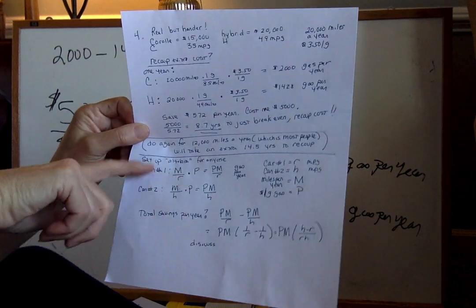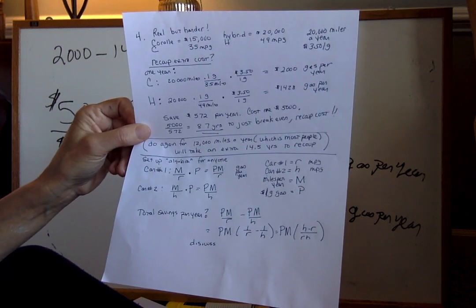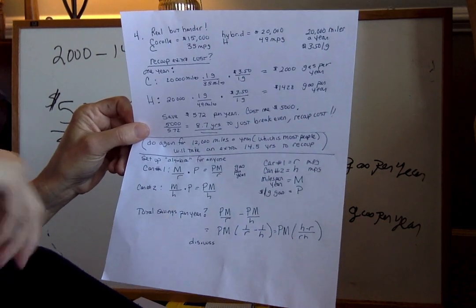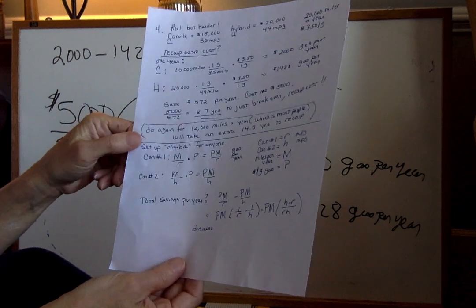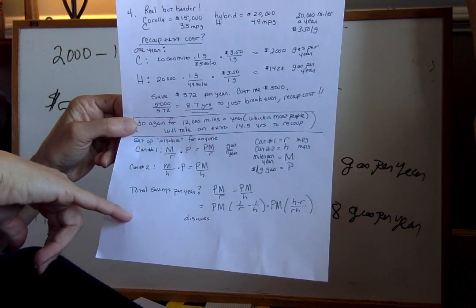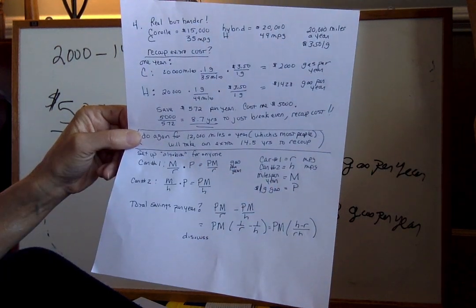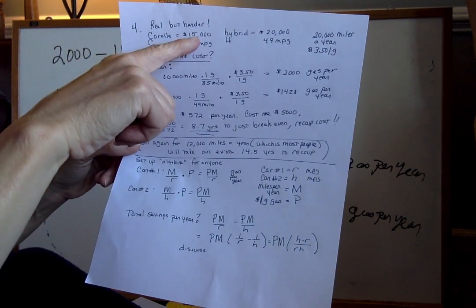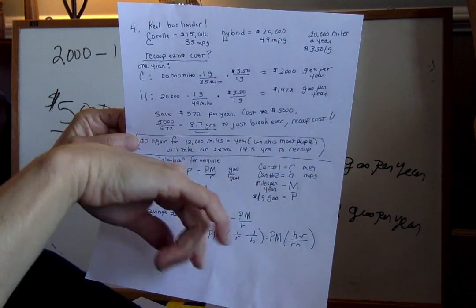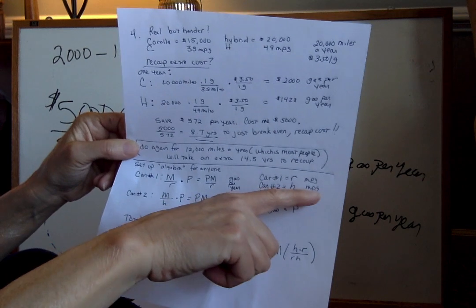But then I wanted to just kind of talk you through, again, I mentioned how for lots of situations, you can go to the internet and find little calculators, and it will ask you for your information, and it will spit out an answer. Well, of course, someone programmed those formulas. So what I did down at the bottom, and I'm just going to let you read through this on your own because I don't want it to overwhelm you, but I just let variables equal the specifics I had up here. Like, remember my Corolla cost $15,000 and it got 35 miles per gallon? Well, I'm just saying, hey, let miles per gallon for car number 1 be R,